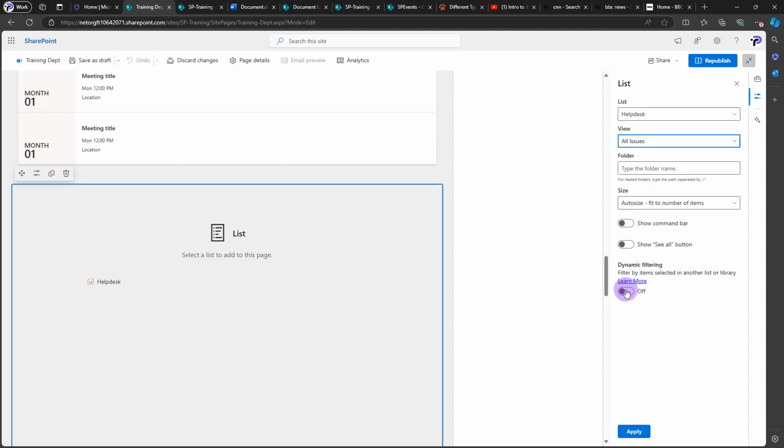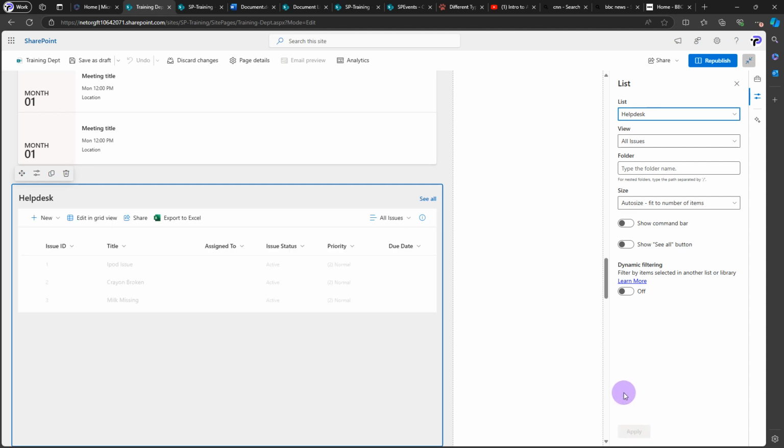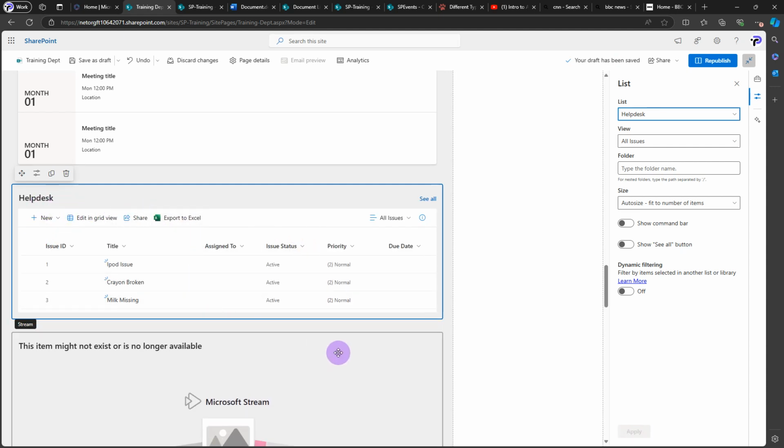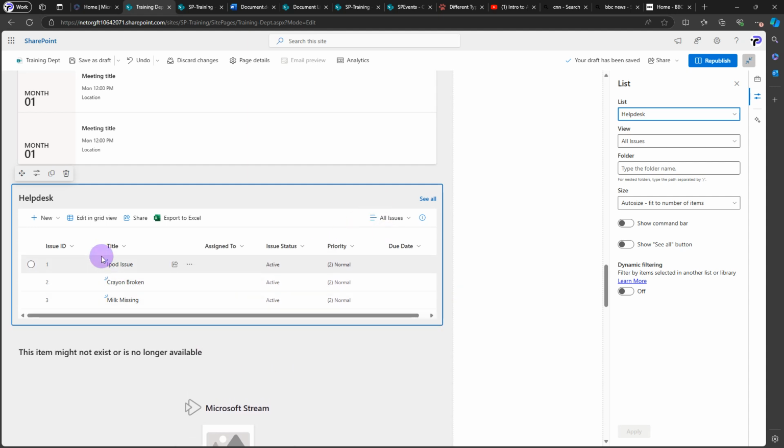Then from here you can do dynamic filtering, or if not, just click apply, and it will show all the issues from the help desk that is happening. One good way that you can bring, like I said, everything to your page, so it's a one-stop shop, so that you can see everything that is happening. And if I created something new here, like a new item,